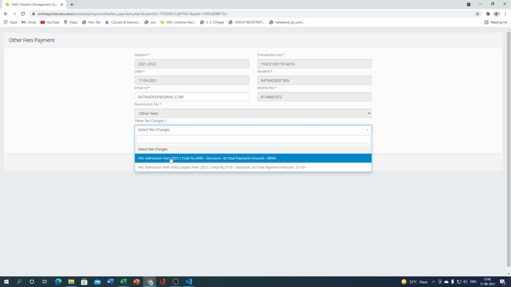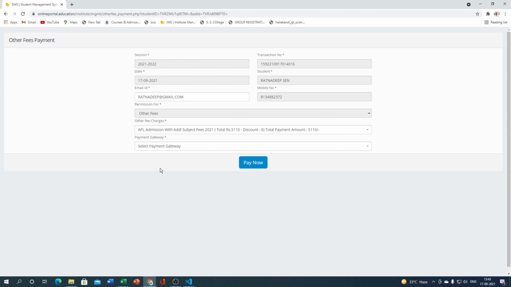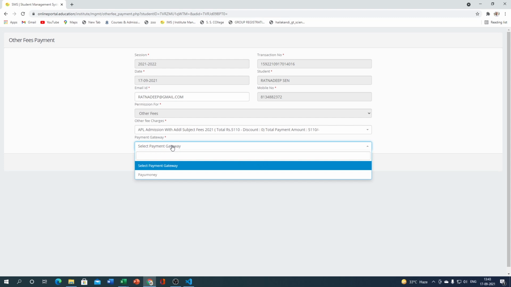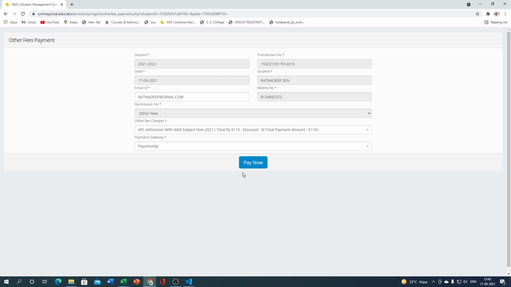Remember, do not select the one which is not applicable to you, else you have to pay the additional fee with certain service charge. So please select the appropriate fee from this drop down menu. If you are having a 4th subject, then you have to select the APL admission with additional subject fee. For example, I am selecting this, and then the second one you have to select the payment gateway. So from that drop down you will be getting PayUmoney. You have to select the PayUmoney payment gateway, and then you have to click pay now button,